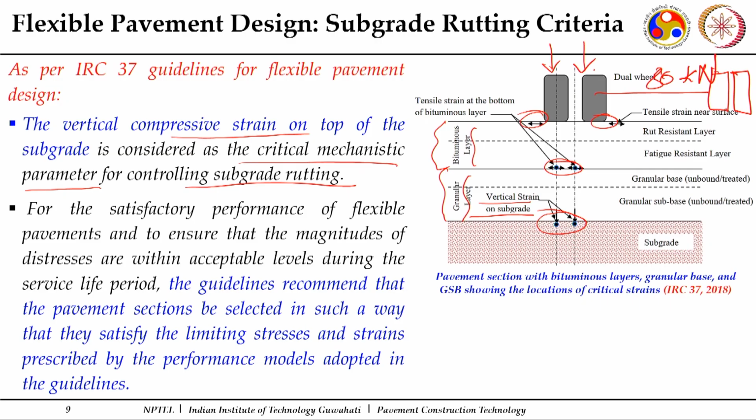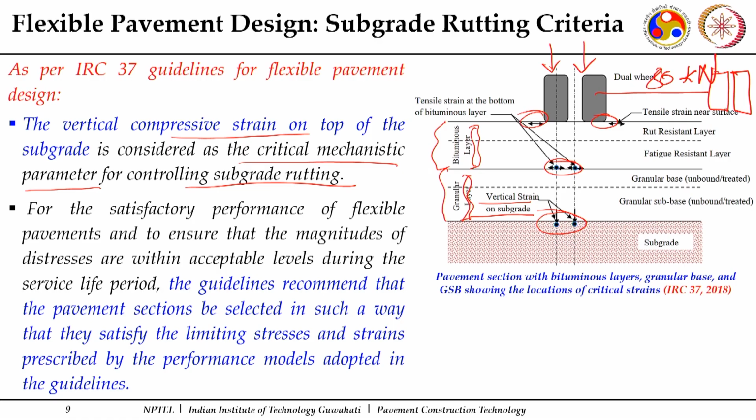If the load is less, then also less strain will come up. If the quality of these materials is better or they are stronger, then also less strain will come up. So, for different combinations I can look for lower strains at the subgrade,